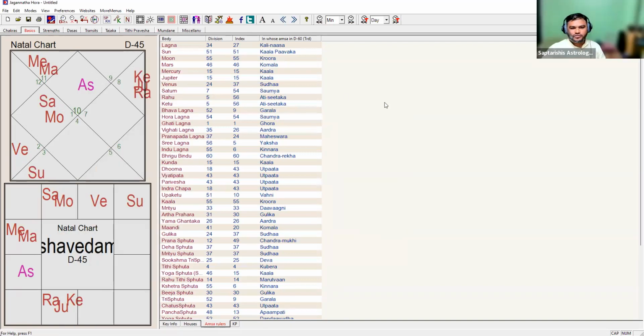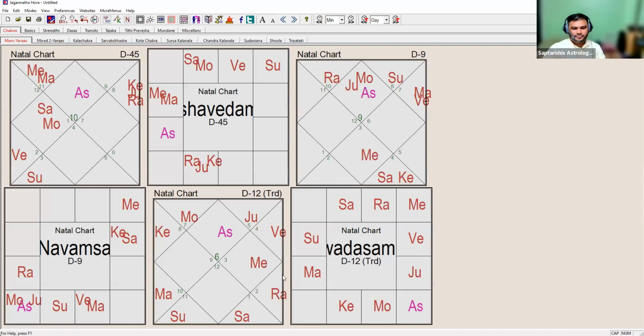तो क्या फर्क पड़ा हमको भी? अच्छा, Saturn moon in Aries here. क्या चेंज हुआ? पोजीशन चेंज हुए होंगे ना इन सब के भी. I think लग्ना चेंज हो गया था उसमें, but the signs have not really changed in D45. ठीक है, इसे करते हैं. अभी बहुत टाइम हो गया अभी.